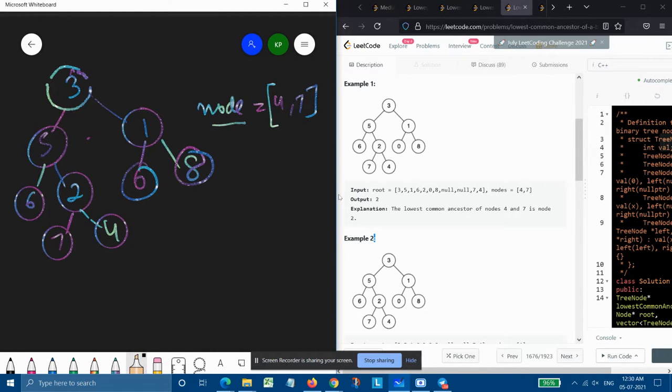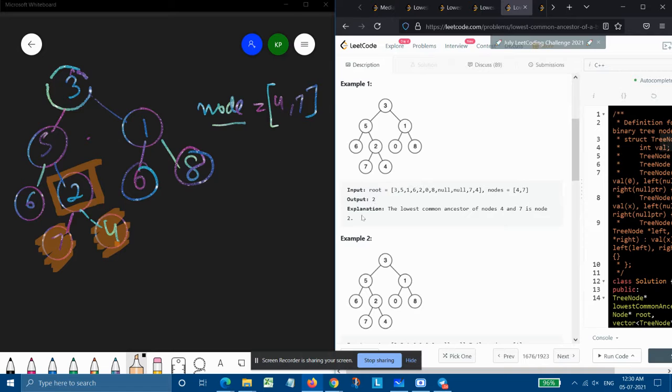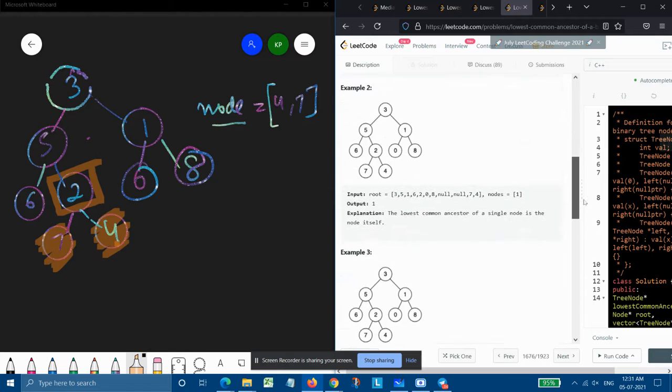We know that when they are in the same subtree, the LCA would be the root of the subtree. So its answer is simply 2. This example is pretty much similar to all our previous questions.